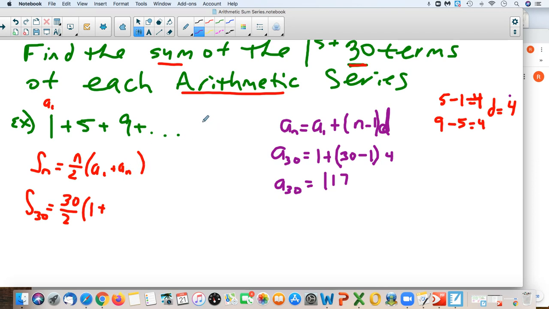Now what's nice about this is we wanted the last term in the sequence. The last term in this sequence is going to be what? Dot, dot, dot, 117. And that will be the 30th term in the sequence. So we had to find it using the arithmetic generator. So now we do the math. The sum of the 30 terms, if you crunch this,